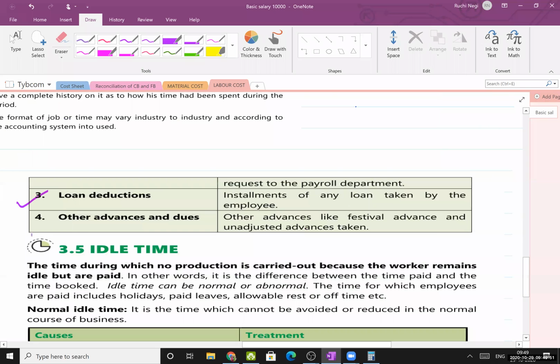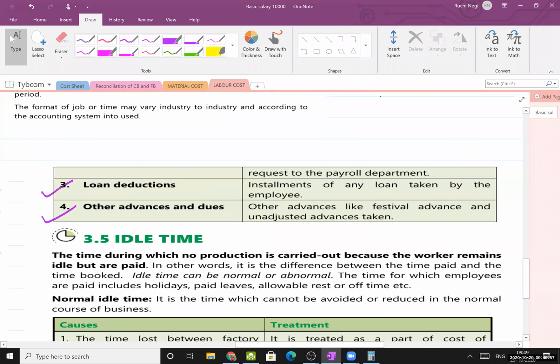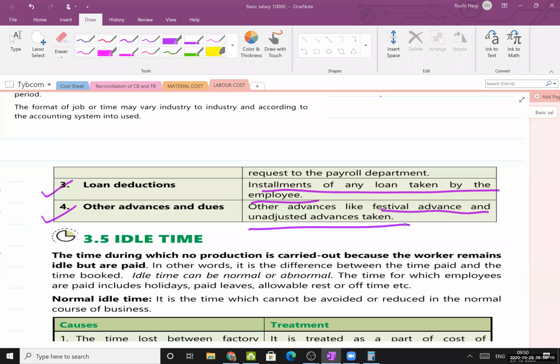Then loan deductions, other advances and dues. If you have taken any loan from your organization, accordingly it will be deducted from your salary। Installments of loan taken by employee। Okay, festival loan लिया था, adjusted against expenses। Fine,